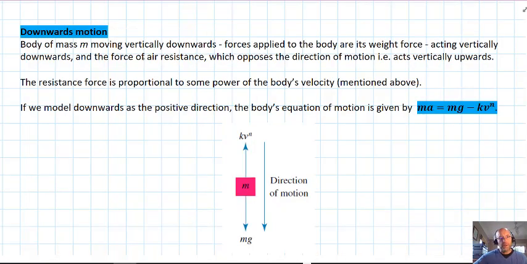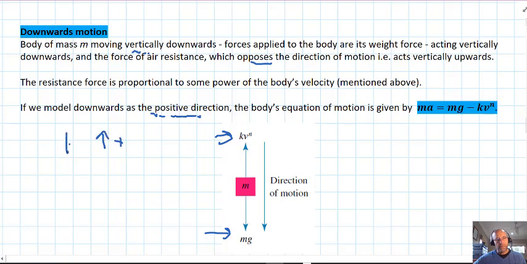So downwards motion, we have a mass of m moving vertically downwards. So at the beginning of consideration, it's got a downwards velocity, and forces applied, you've got the weight, and of course it's acting vertically downwards in our model, and the force of air resistance. Now that opposes the direction of the motion, so it acts vertically upwards, and you can see that there. So the resistance force again, as I said before, is proportional to some power of the body's velocity, and if we model downwards as positive,